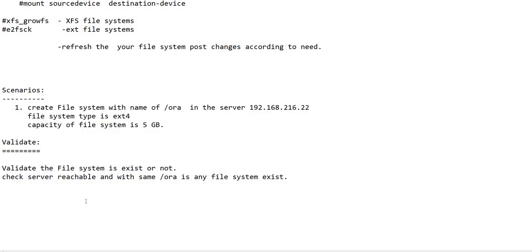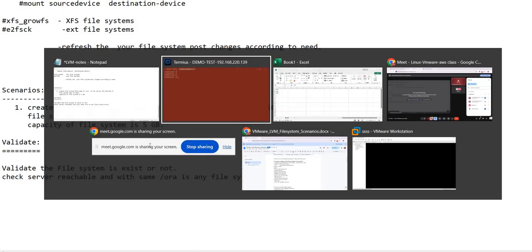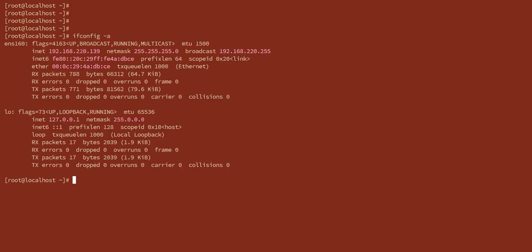So now the requirement is that once we receive the request, first we go to the server. We check with ifconfig -a whether this is the IP address or not. First I'm validating the things. Okay, this is the server IP address. Then I'm going with the next value. Next I'm going with, as I said to you earlier,